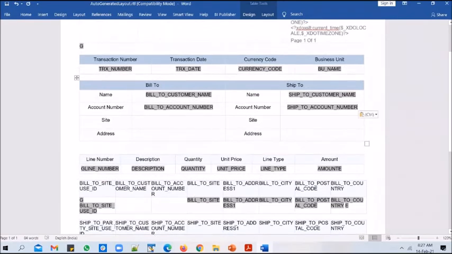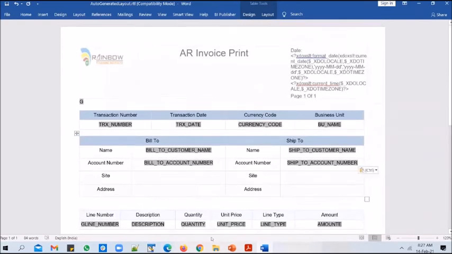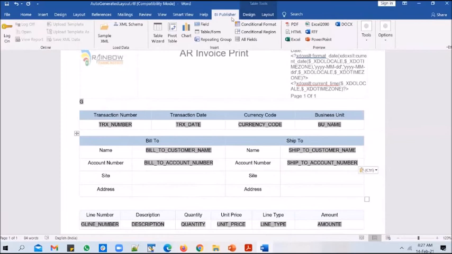So for some reason or by mistake, if you have deleted these XML tags, or if these tables are deleted, nothing to worry. Don't think that you need to already have a table to copy those XML tags. You can add them manually. Or you can go into BI Publisher and you can click on a field option here. In BI Publisher, you see a field option in there.